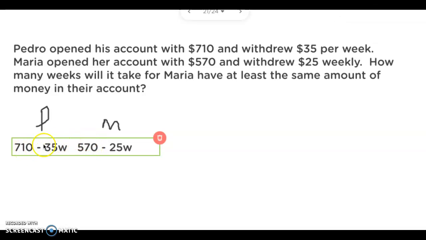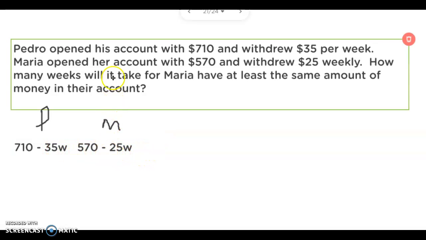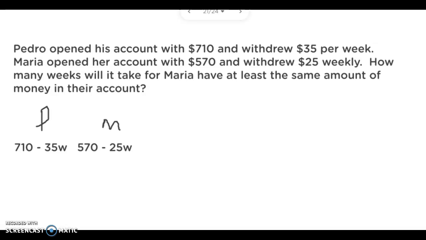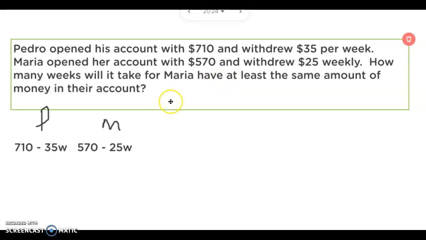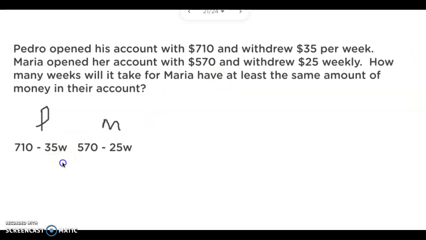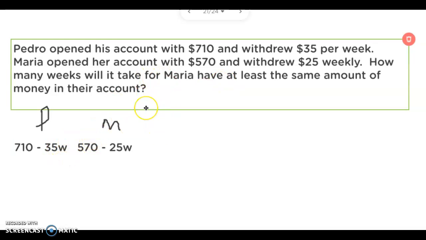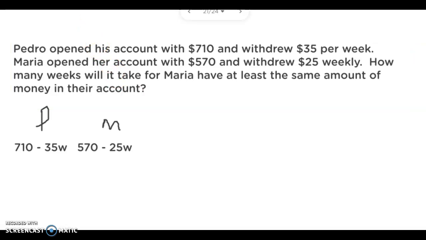But Pedro is withdrawing more money a week than Maria. So the question is this: when will Maria, because Pedro is withdrawing money at a faster rate, at some point in time